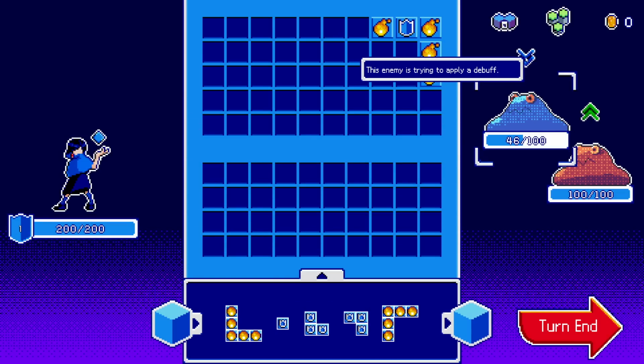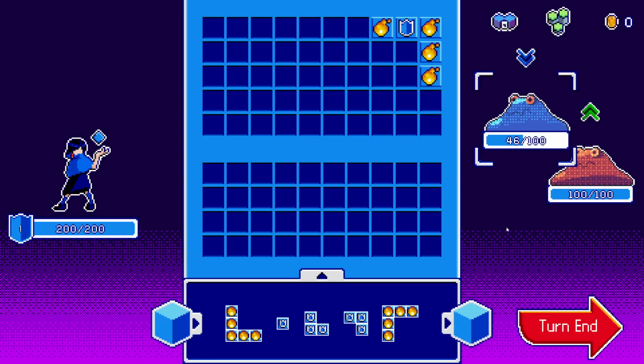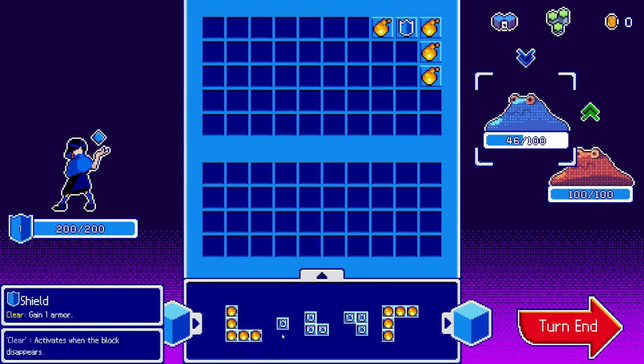So what are you doing? Enemy is trying to apply a debuff, trying to apply a buff. This is already really interesting. Okay,